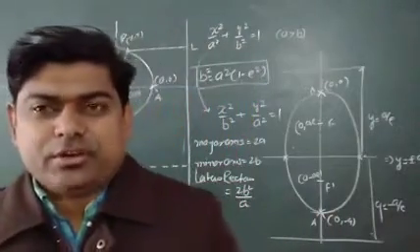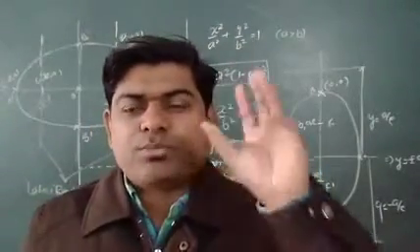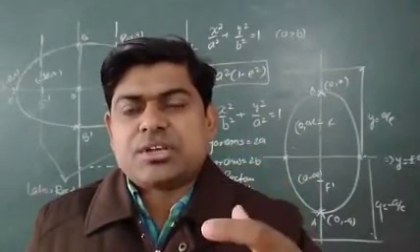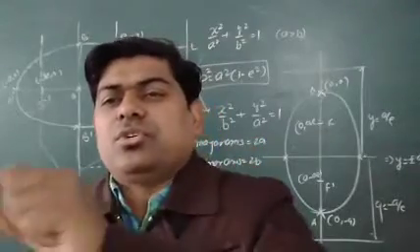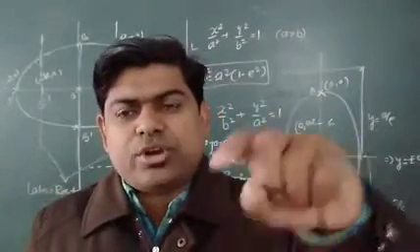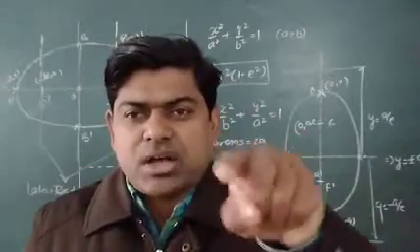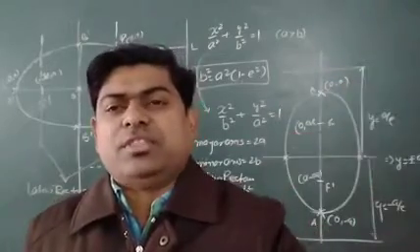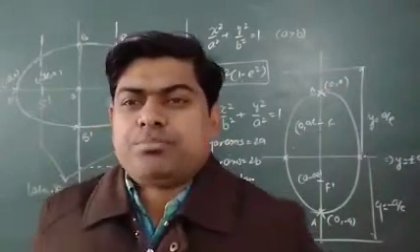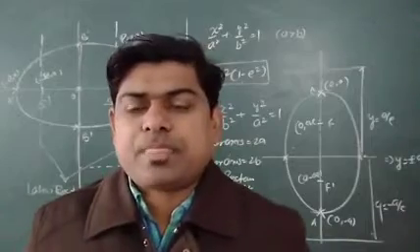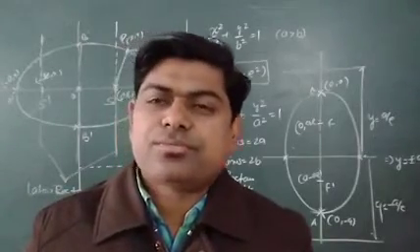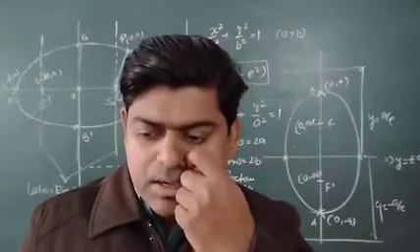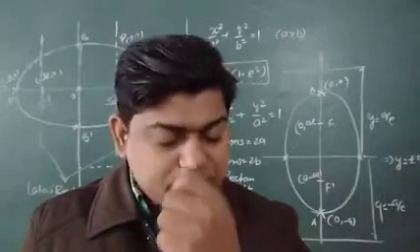In many other books it's written, find the locus of a point for which the sum of the distances from two fixed points is always constant. Now P is the point which is moving, the fixed points are F and F dash, so PF plus PF dash is equal to constant, even then it will represent an ellipse. Here I have to write PF plus PF dash is equal to 2a. We have to take it and we have to show that it is an ellipse.